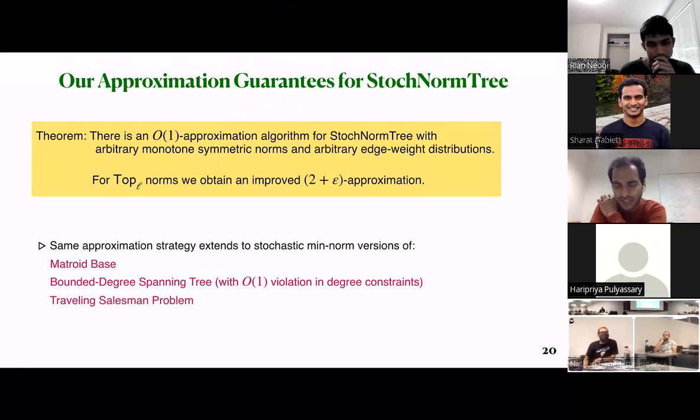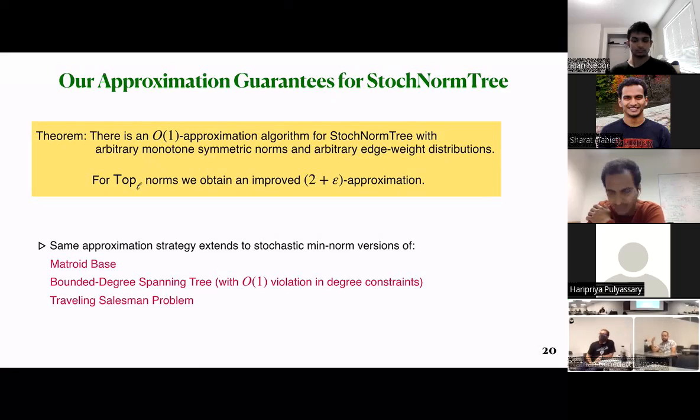No, sorry, I'm a bit confused. Can you state it, let's forget the stochastic version here, just in the language of the deterministic version. Right. In the minimum bounded degree spanning tree, you have the constraints that correspond to the spanning tree, but you have one constraint for each vertex. Each vertex can have a degree at most some prescribed number. You have n constraints, one for each vertex. So my question would be,